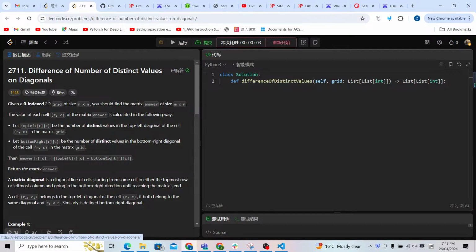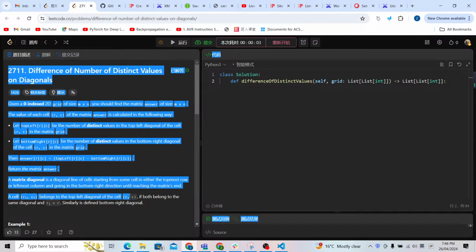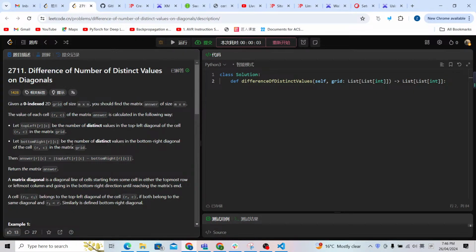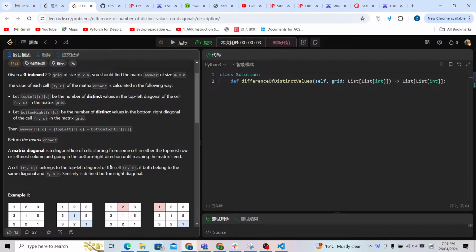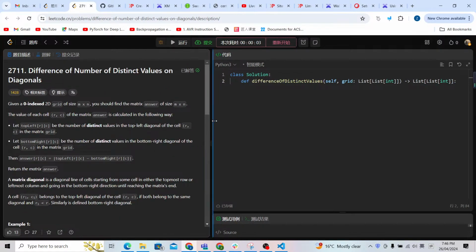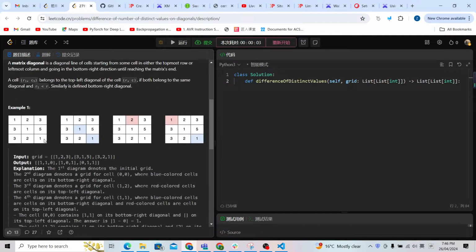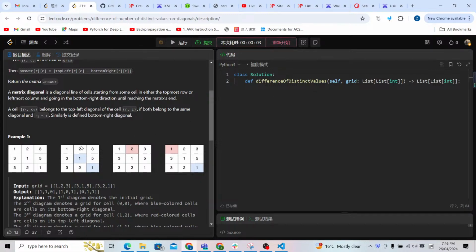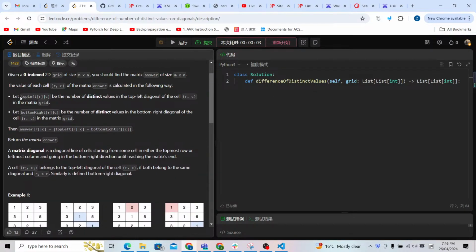To solve Leetcode problem 2711, difference of number of distinct values in diagonals. The description is very long, so it's difficult to understand, but it's really easy to do. So we have to understand the description first. We are given a 2D matrix, so it is a grid, and there are two definitions of top